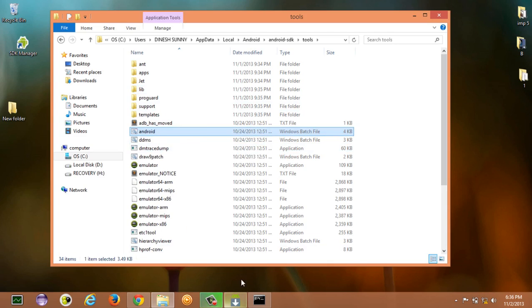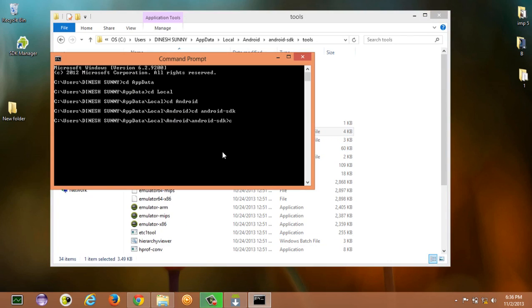So now we will just change directory to the Tools folder and paste whatever I am giving in the description. I will be giving a description, so just copy that code and paste it on your command line. So this I have pasted here: android.bat, that is the Android batch file, and -clear -cache space -b, that represents